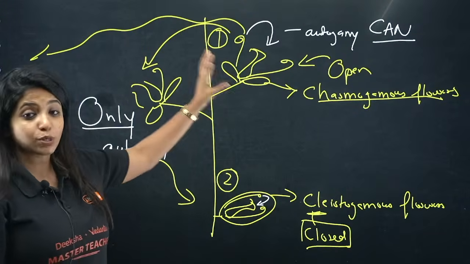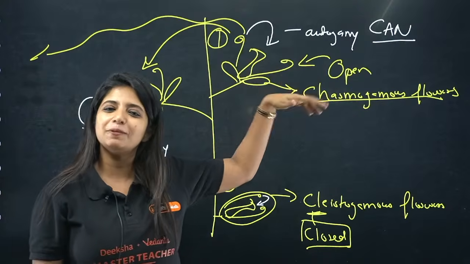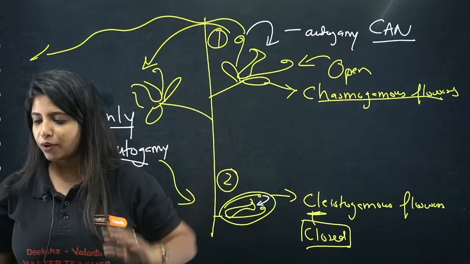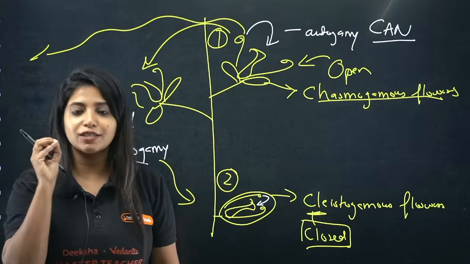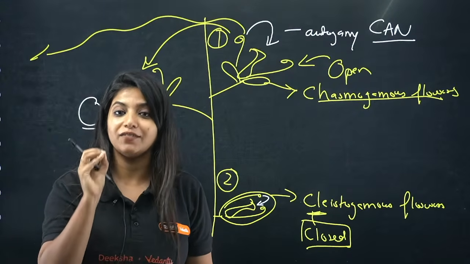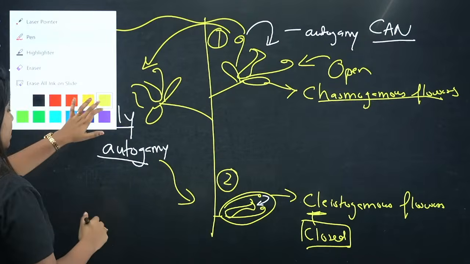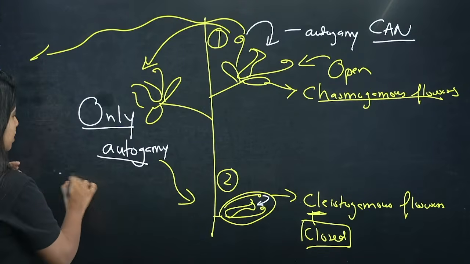When you talk about chasmogamous flowers, autogamy is pretty much rare because they have multiple options. You can have whatever you want when you go outside, right? So this is the logic that you need to apply. Very, very important. Okay, now in this particular case, when I say only autogamy is happening, one good thing is